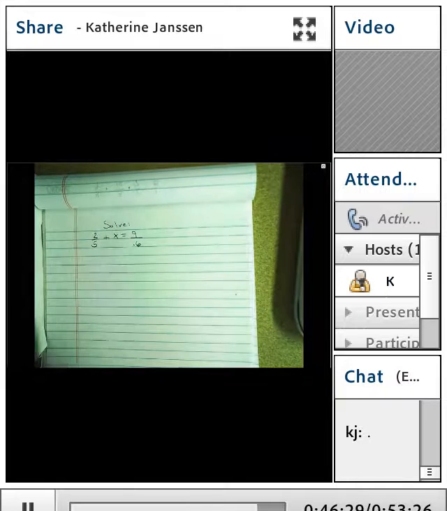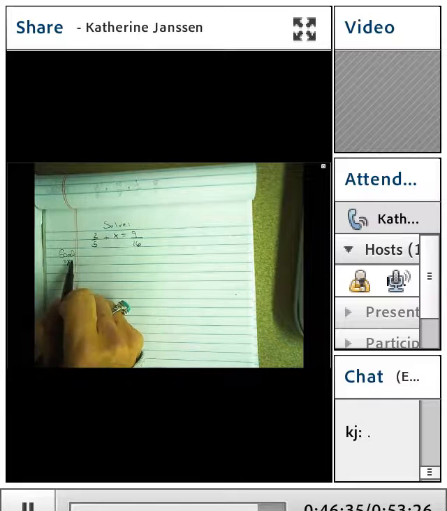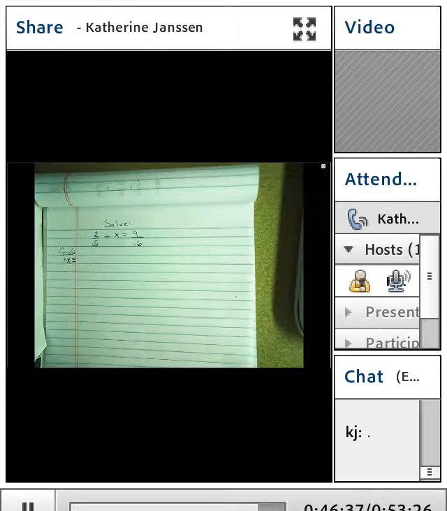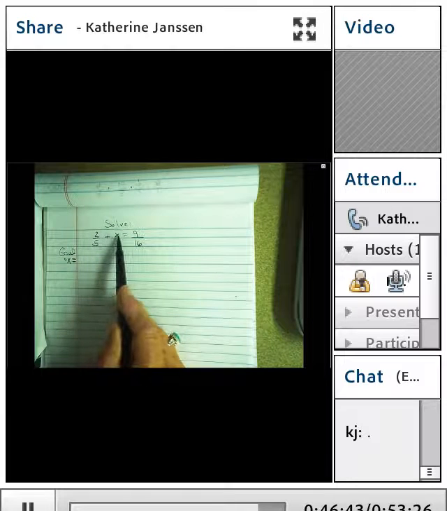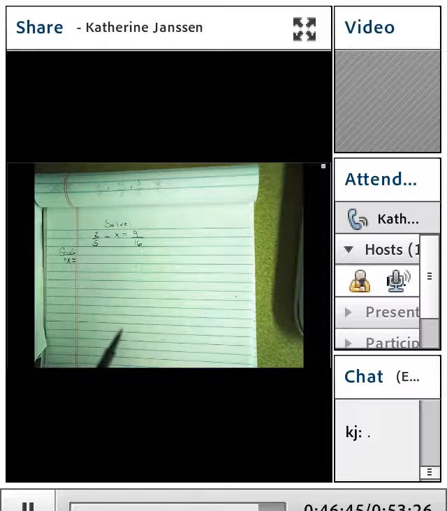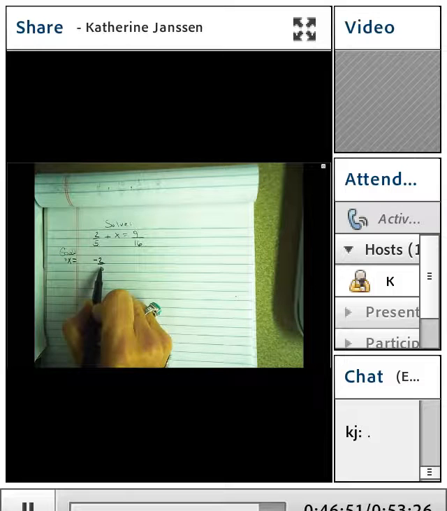So our goal is, we want to be able to say the variable, in this case x, equals. We're solving for the solution for x that's going to make this equation true. So x equals means that I need to isolate the variable, get the variable on one side of the equation all by itself. And so if I add the opposite of 2/5 to both sides,